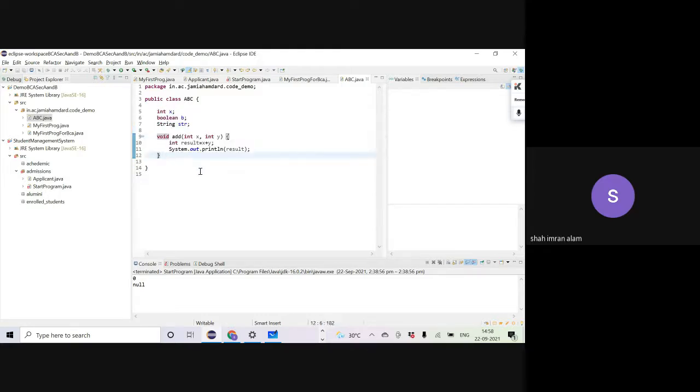Now you can see there is something called public written here. This is one of the visibility specifiers or access specifiers, right? It is a keyword. I can replace it with keywords like protected or private.